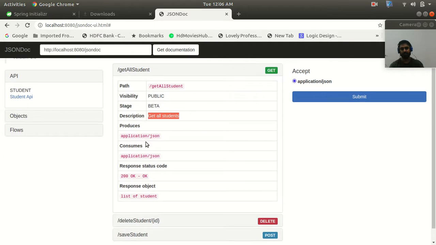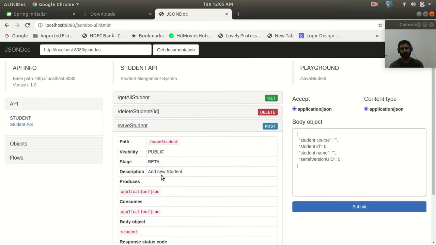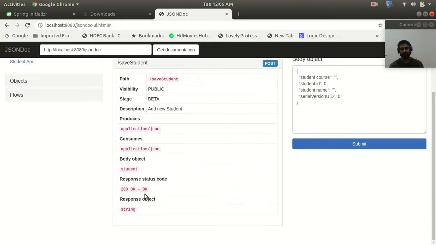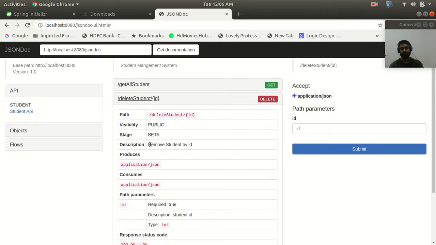So now we can see that we are getting more meaningful names for our endpoint. So in the same way you can see for the save, public, beta and add new subject, right? In the same way for the delete also you can see public, beta, remove student by id.